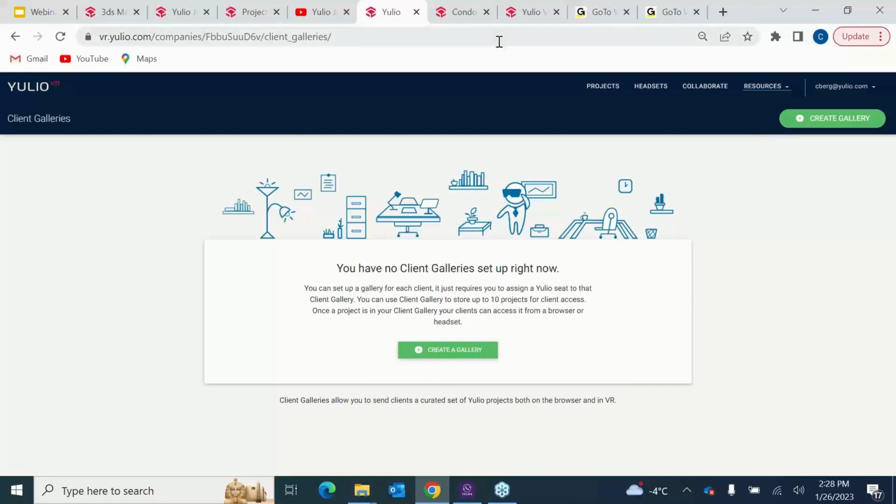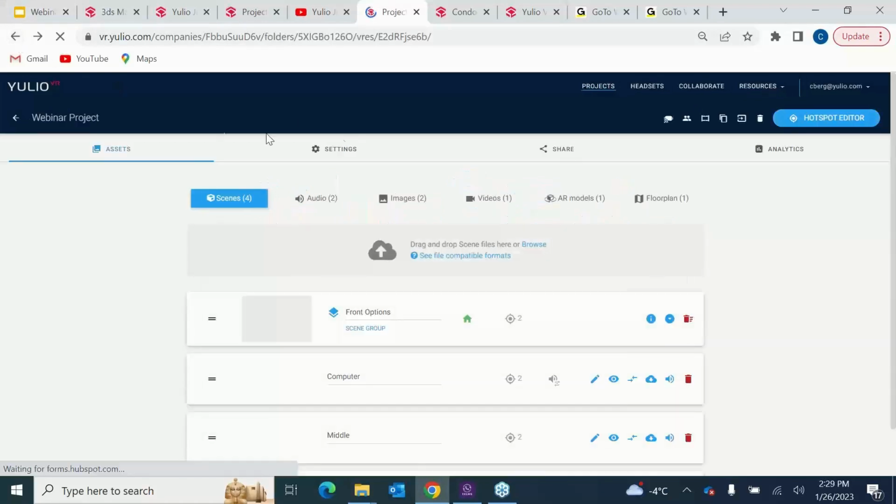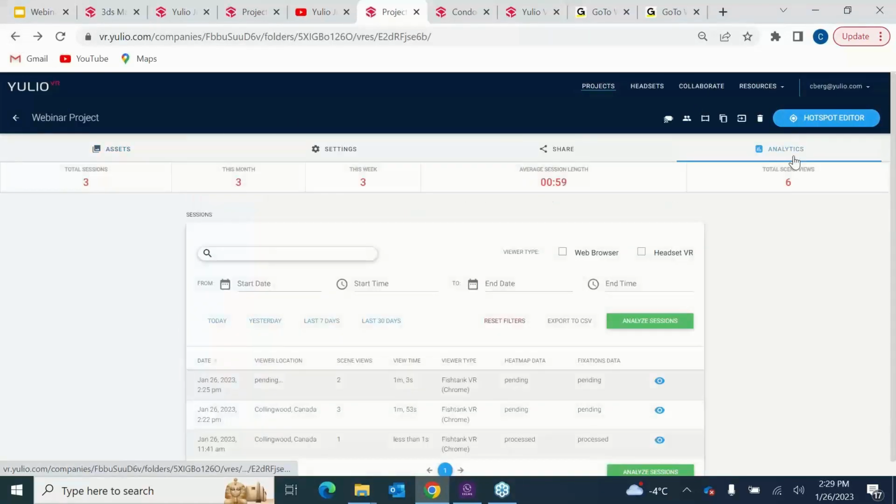So just going to go back here. One of your other tabs is your Analytics tab right here. This gives you the data on the total number of views, each unique view, and breaks it down for you. You can see the date and time, location, and how long was spent looking at your project. You can use this to better communicate with clients, gain insight, and better understand how and when clients are engaging